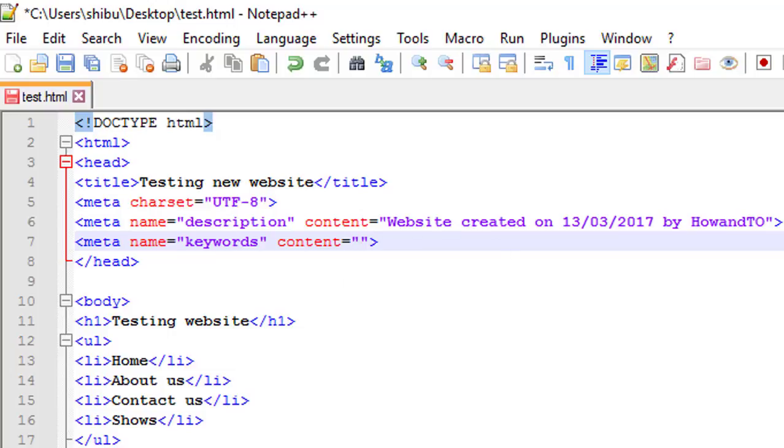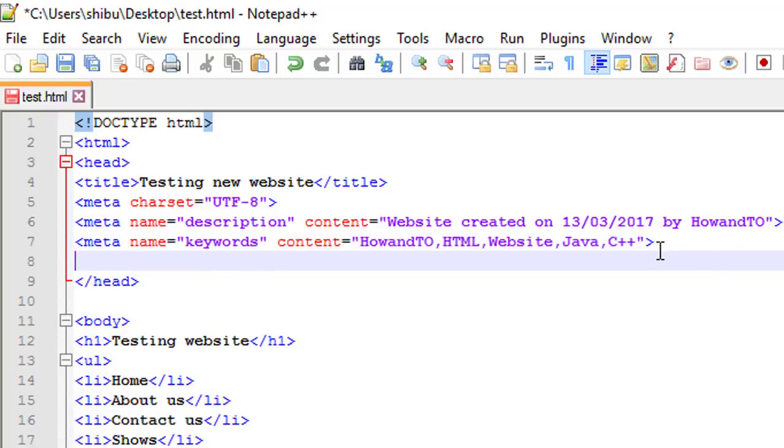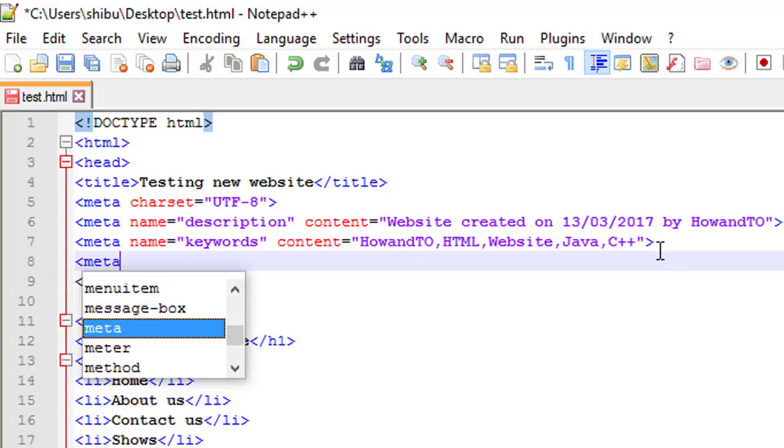For example, if someone typed in How In 2, I would want my website to be the number one search, and then you can separate everything by a comma. So HTML, website, I don't know, Java, C++, etc. Okay, then the last thing you would want is the author, so who actually made